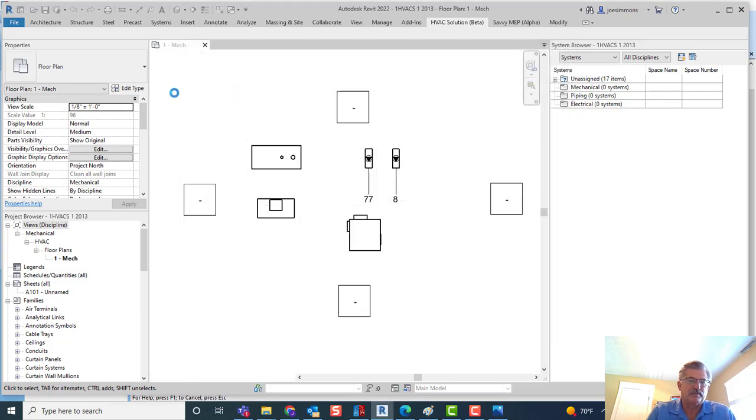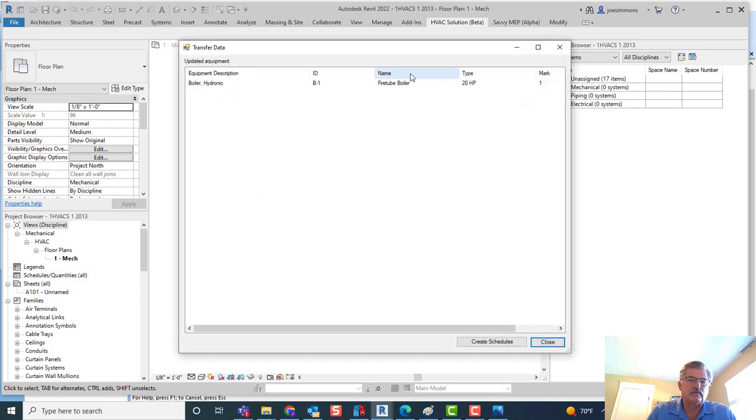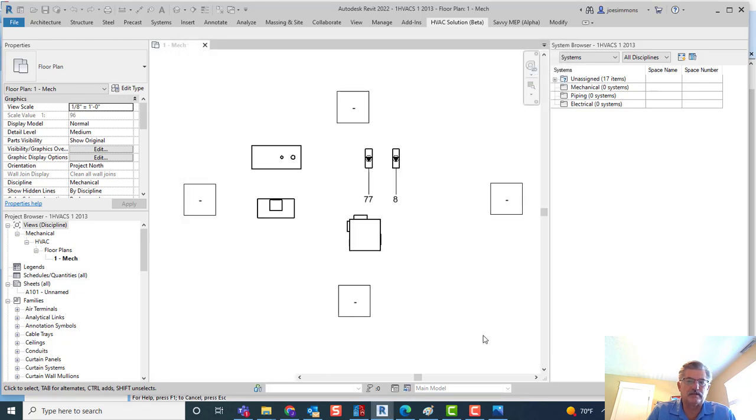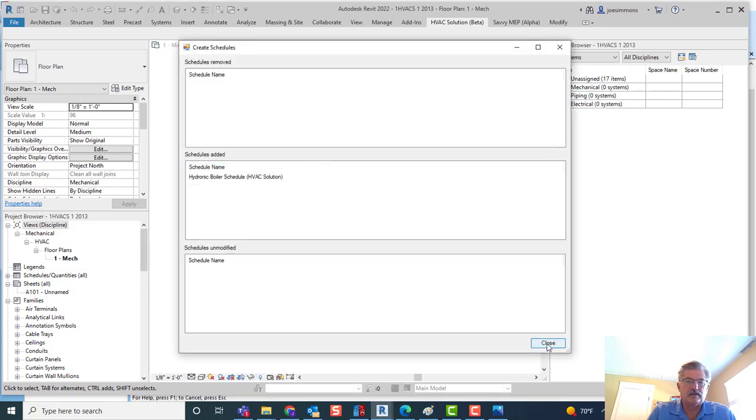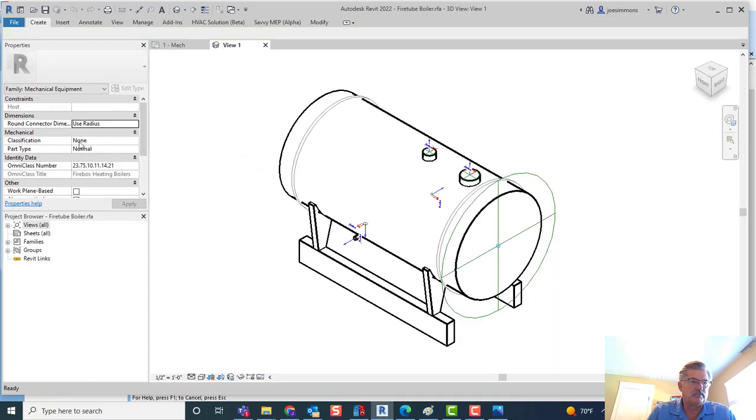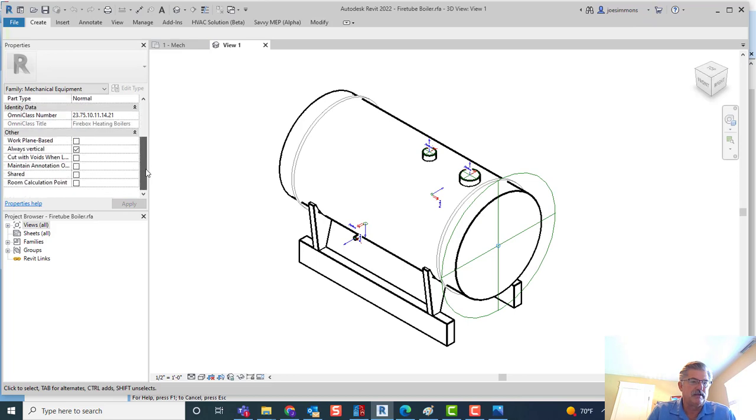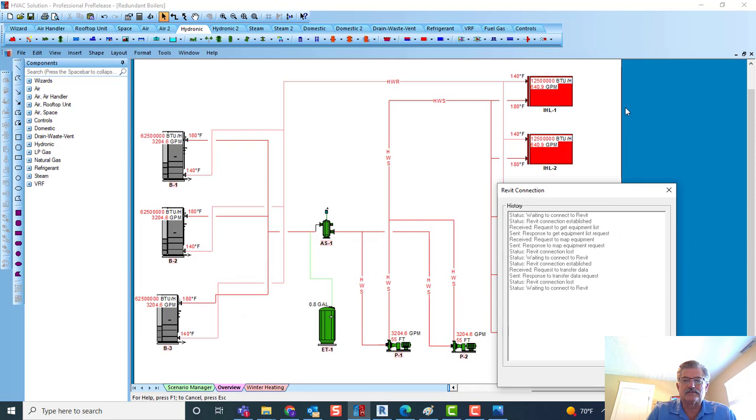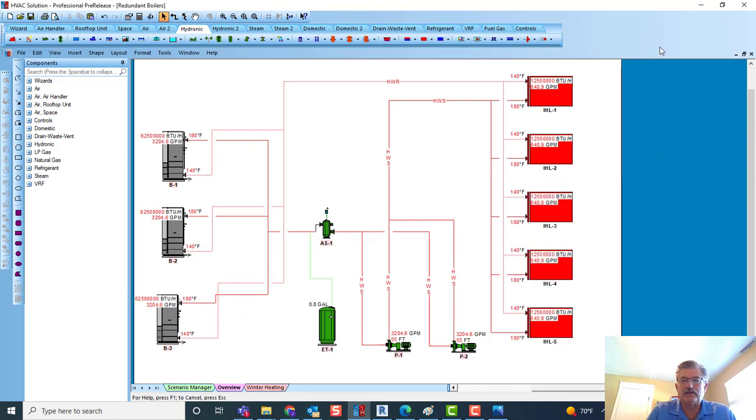Now the data that's been sized and selected in HVAC solution, all that equipment and all those parameters, is now in the Revit boiler right there. So now that data resides there. You can click on the boiler and see that data, and then use the Revit API to create your schedules in there. So that is basically the workflow that Tony's been using as a designer to create